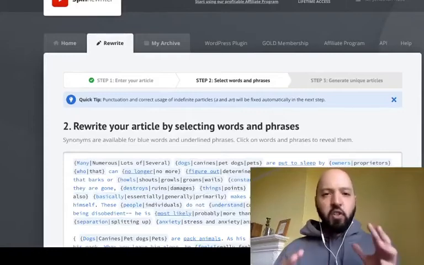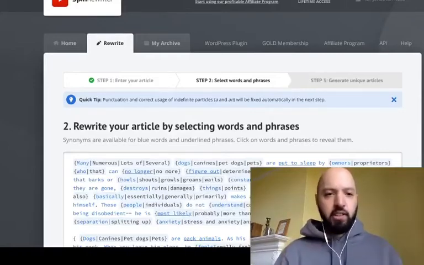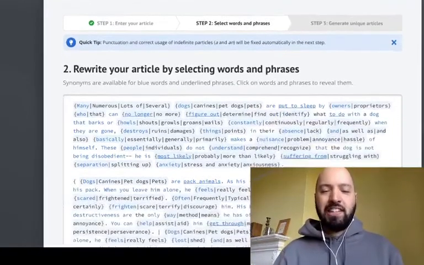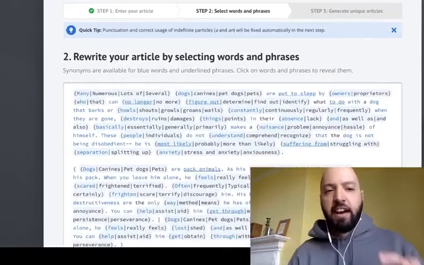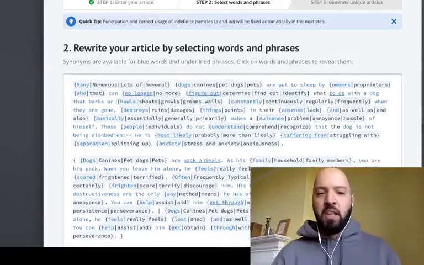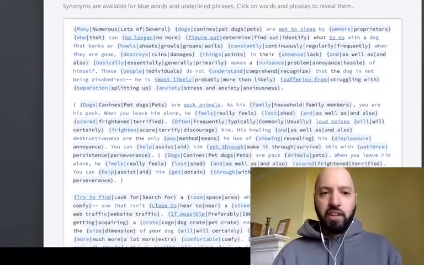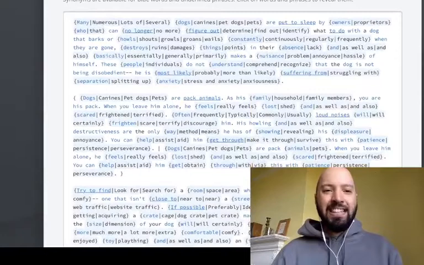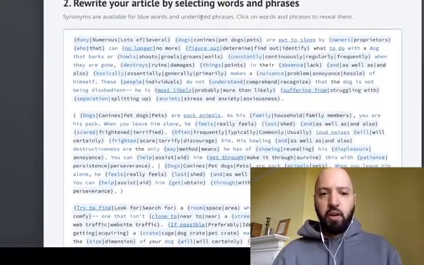Hey there, so that took about 2 minutes. I did a little cut there because I didn't want you to just have to stare at my face for 2 minutes. It could have been faster if I'd set that hyperspeed button, which you saw before. It would have been more like 2 seconds. But now it has gone through and created my article, and you can see here, synonyms are available for blue words and underlined phrases. You can see here, whereas once upon a time it used to say lots of dogs, now it says